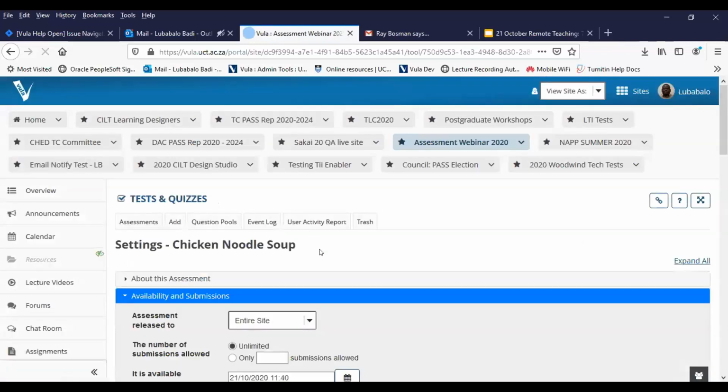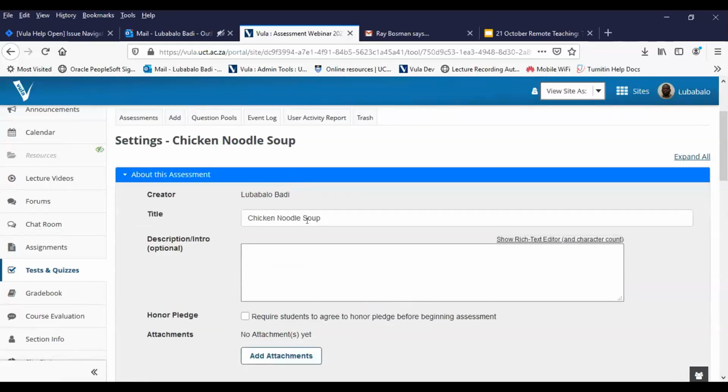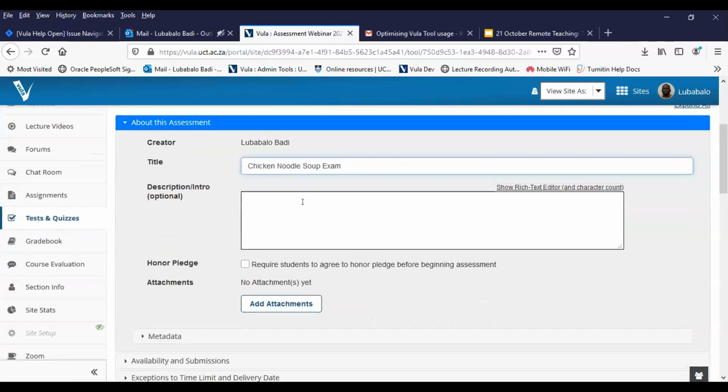So with settings, this is where I get to decide how many times the students get to take this assessment. And also, if I want to give this assessment a different title, I can just make the changes there under, about this assessment. And if I've got general instructions for the students, then I can add them in this section